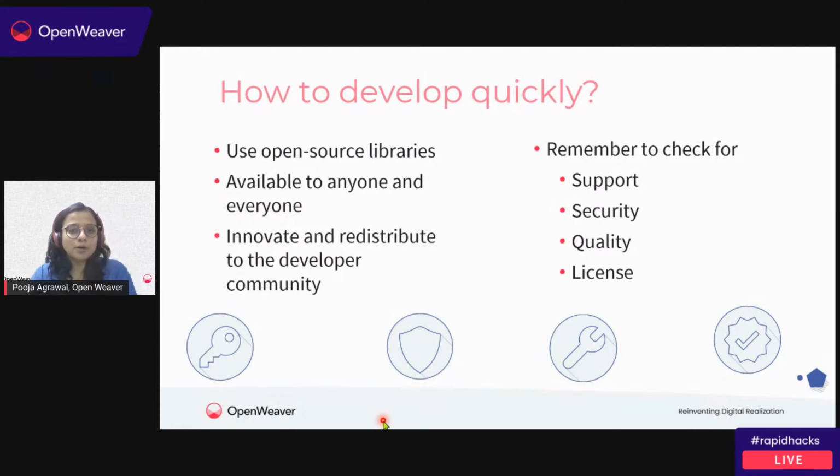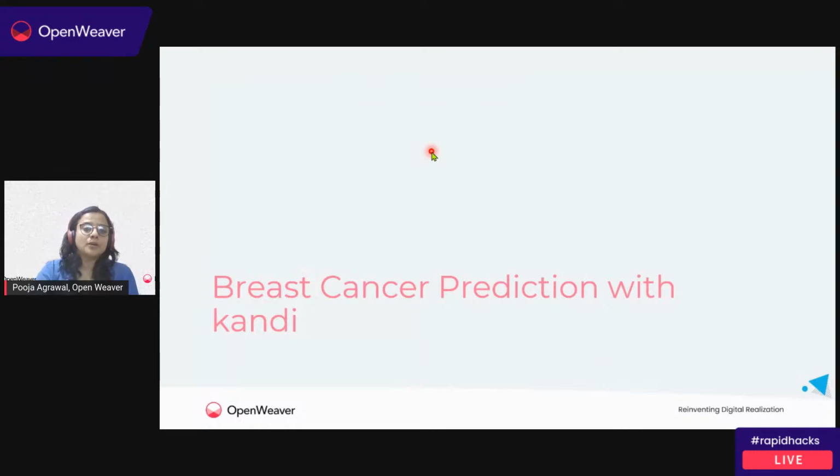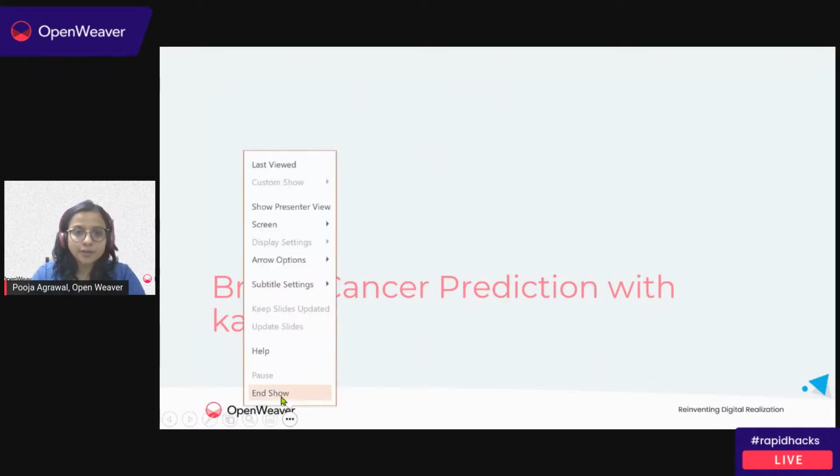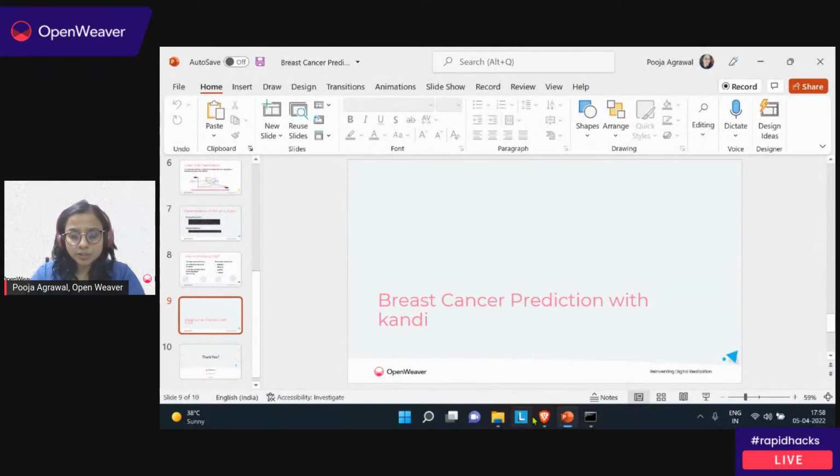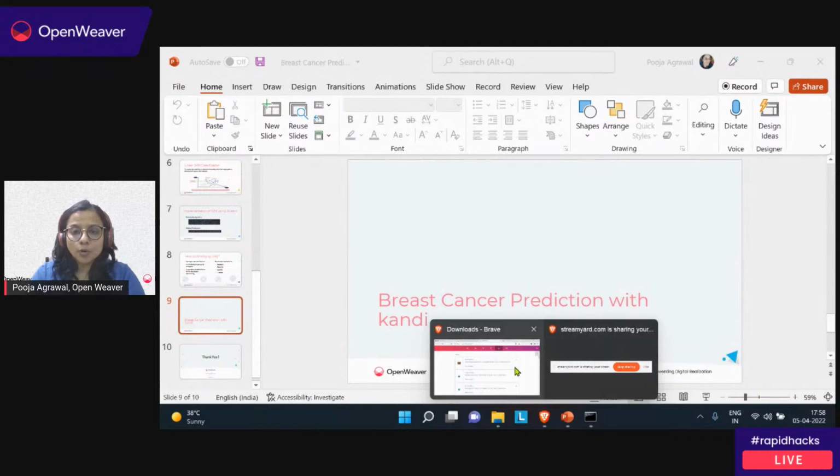Yes, we will talk about how Candy helps you understand these key considerations as a developer when you are trying to use some open source library to develop a quick project or a quick application to solve a real world problem. So let us go and try to do the prediction using our Candy kit that we have curated for you. So we'll just go back,